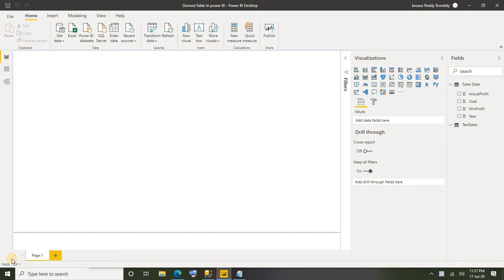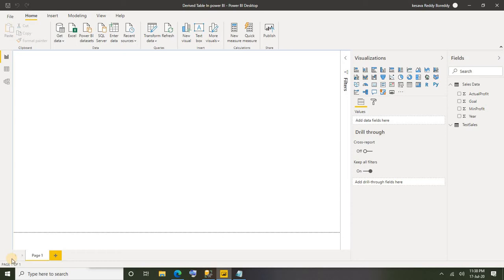Alright, let's get started. Basically, there are two ways to create calculated tables, or you can say derived tables, in Power BI. One way is to create one directly by using an existing table structure, and we can have rows appended to the table. The second way is to create a new table by adding new columns, and we can insert the values dynamically into the table. The second way I already showed in my previous video where I did dynamic time intelligence measures. I'll paste that link down in the description so that if you want to have a look, you can use that link.